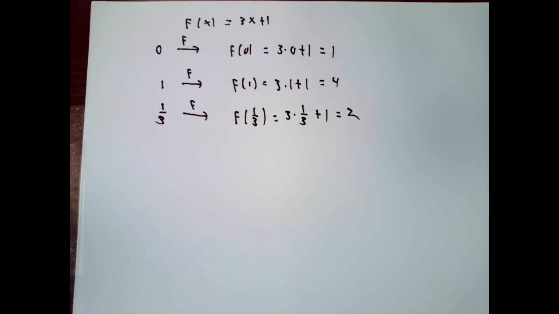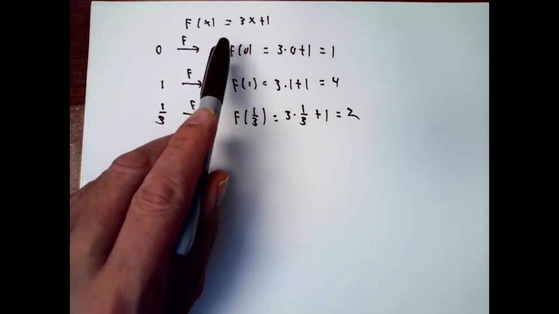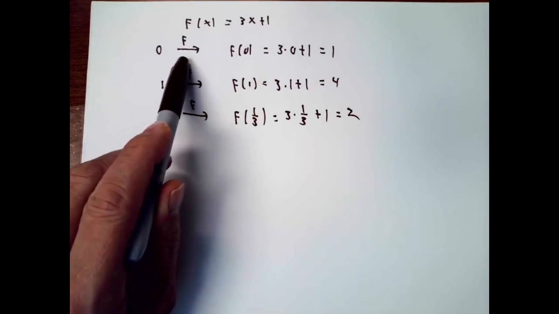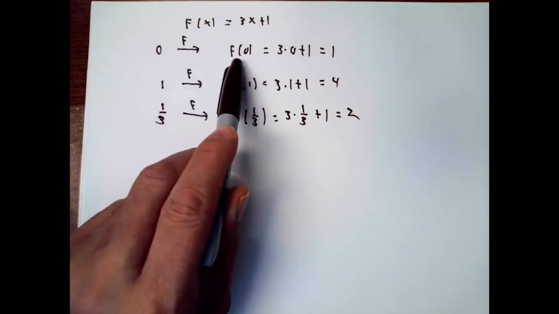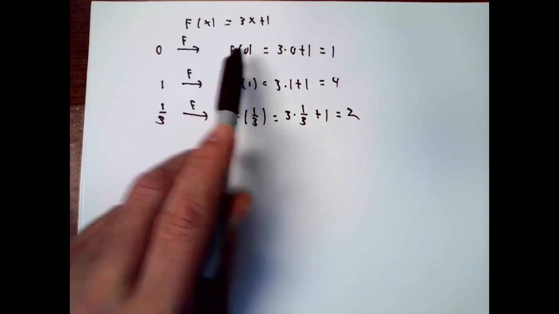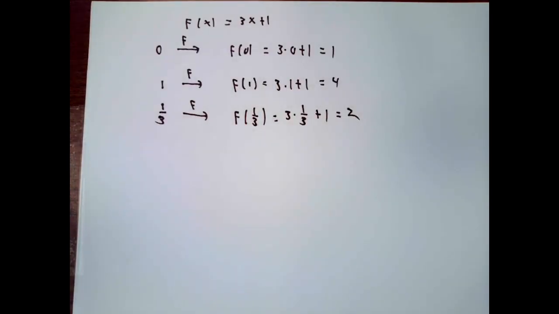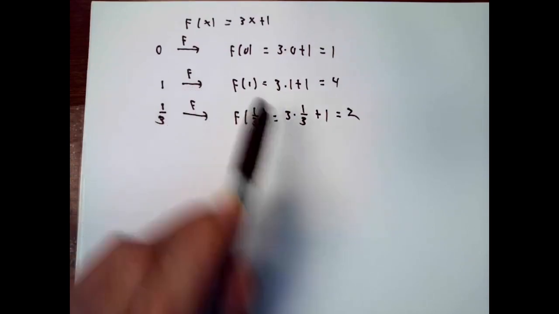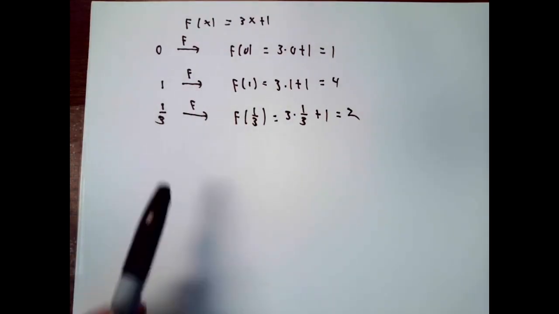When we write things like f of x equals 3x plus 1, what we mean is we're describing a procedure named f that we can put numbers into and get various numbers out of. For example, if f of x is 3x plus 1, I take 0 and feed it through the f procedure. The symbol that we use is f of 0, which would work out to be 1 in this case. Likewise, feed 1 through the f procedure to get f of 1, which works out to be 4, and likewise